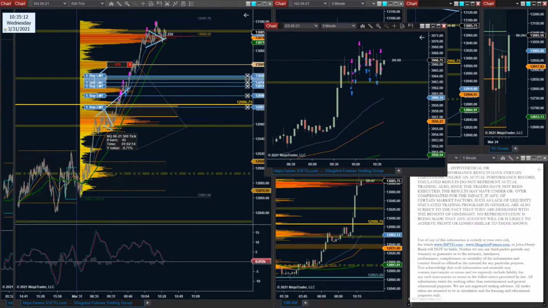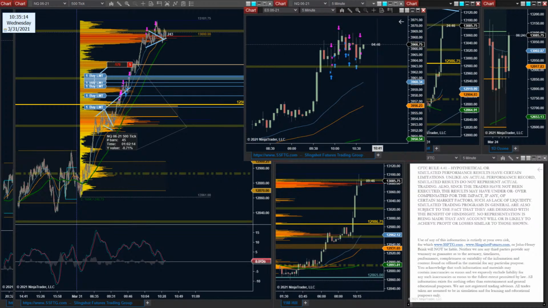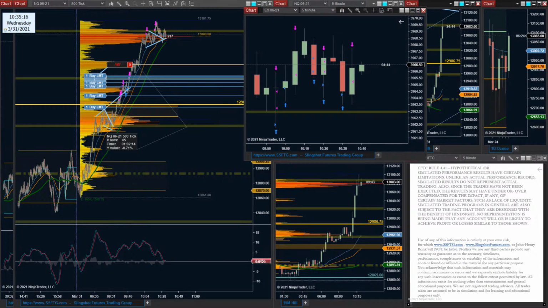S&P, nice bull bar to the upside. Actually, might as well just keep the S&P on the screen while we're waiting for everything else. Waiting and waiting for the market to do what you want really messes with your ability to be patient. Like the micro NASDAQ's not pulling back even an L1 for us. Yeah, for sure. Eventually it will.